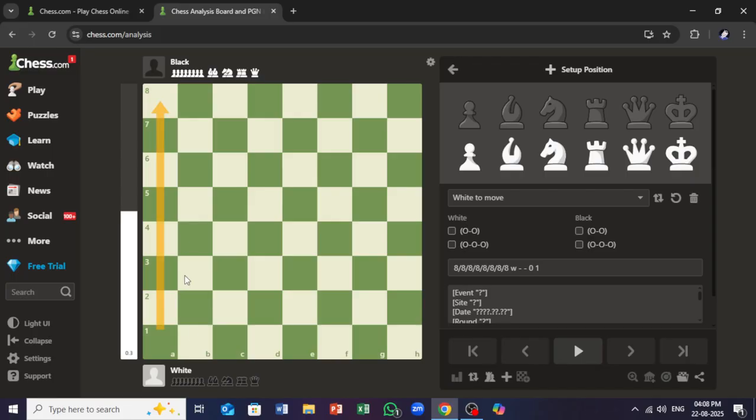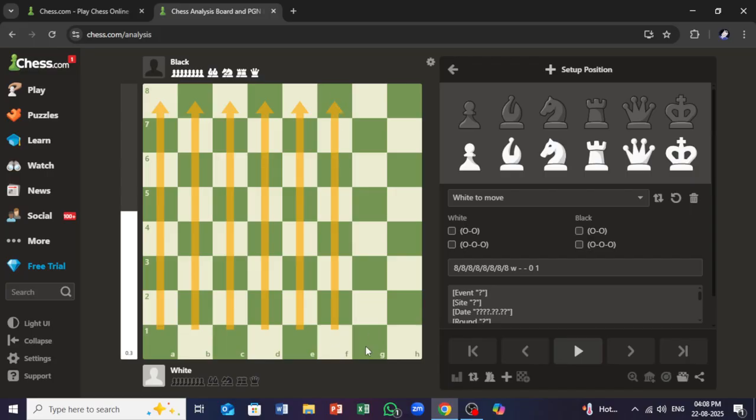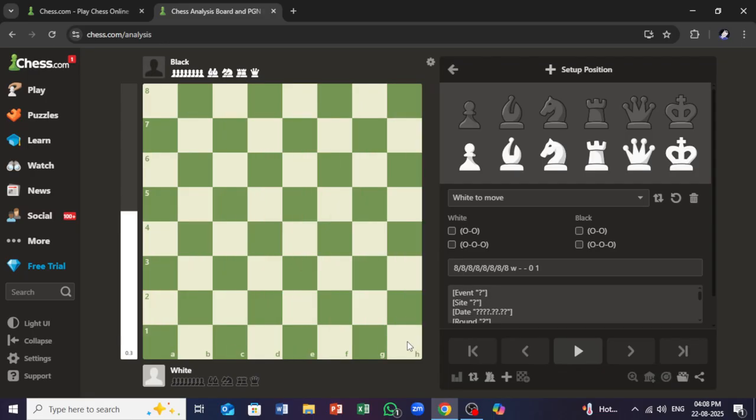These lines, what? These mean the whole row of squares. Not in this, but in all of these. So the straight lines are called files. The straight lines are called files. Files. So these lines